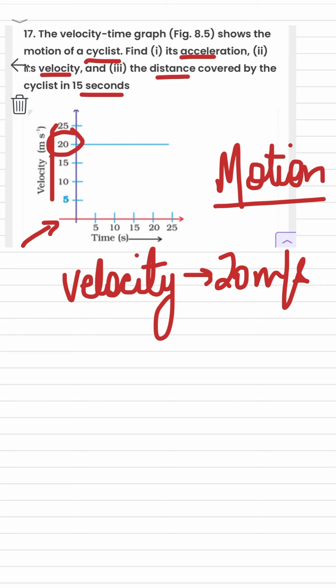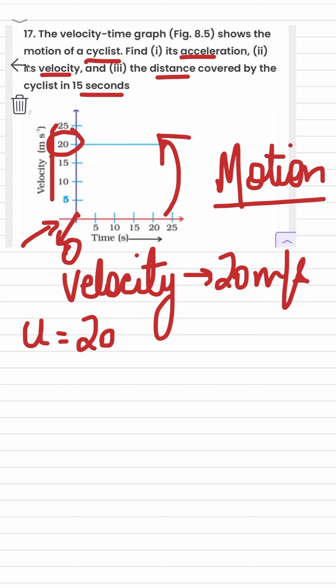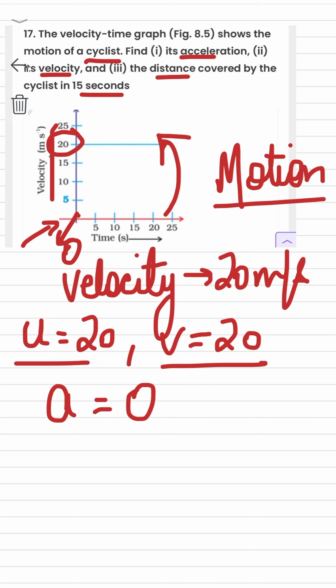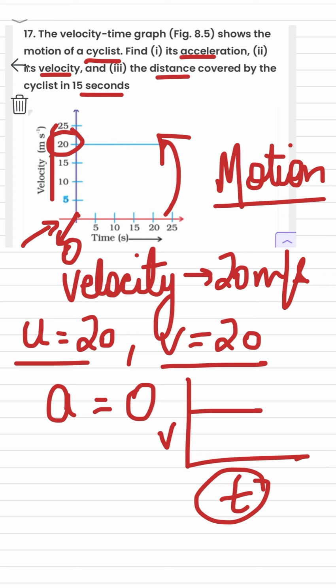Now coming up to the first part, acceleration. Now from this graph, the starting point at time 0, the velocity is 20. The ending time, the velocity is 20 again. So u is 20, v is also 20, and whatever the time is. So when u and v both are 20, that means they are the same, so acceleration is 0. So whenever you get a VT graph and it's a line parallel to the time axis, the acceleration is 0